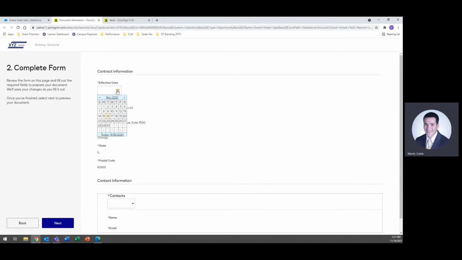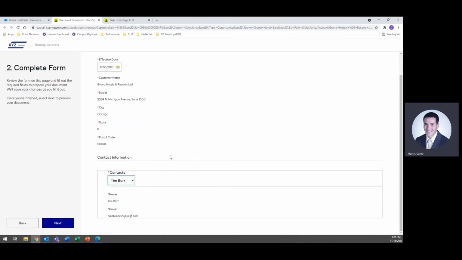We have the form here where sales representatives have to complete the effective date and designate a point of contact for each contract. All of this information is dynamic and pulled from Salesforce to maintain data integrity. This information changes based on the account that is related to the opportunity. This information here changes, as well as the drop down for contacts. But the form is all filled out now and looks good, so we're going to go ahead and click on